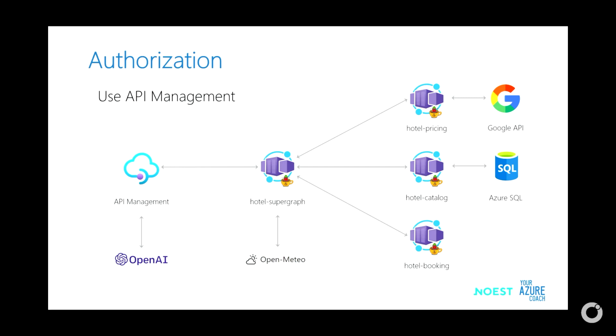Then security, of course. Nino talked also about it already, very important. For that, we use API management. We use Azure AD. Don't implement your own Active Directory, your own identity provider, just use one that you have already. And all the rest, we handled with the trusted subsystem. So we just locked those backend APIs down on the networking level. So API management is the only one able to call our GraphQL gateway, and the GraphQL gateway, from a network perspective, is the only one that can talk with the other domain APIs.